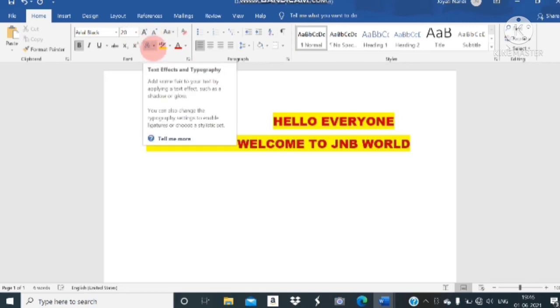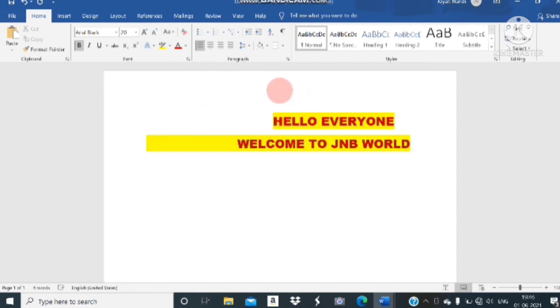Now after doing this, lots of other options will be available. Say here, change case. I have already discussed this. There are different types of change case available. Here the text is in uppercase, means all the letters are in capital letters.